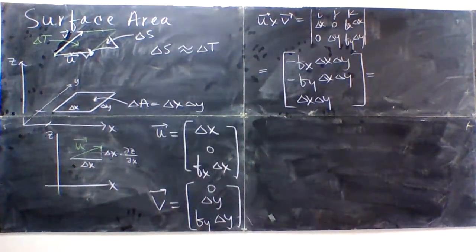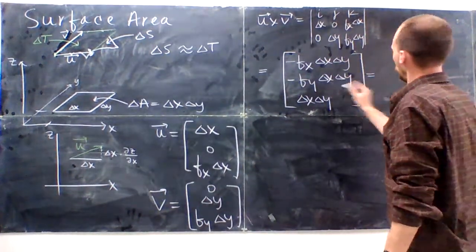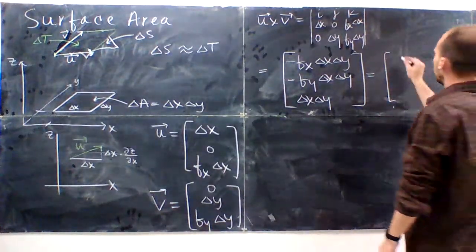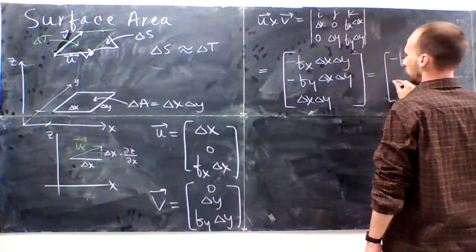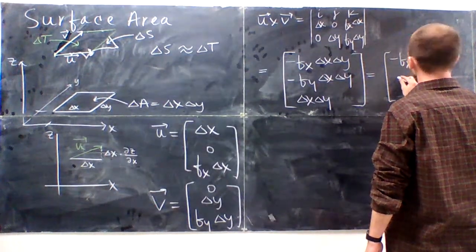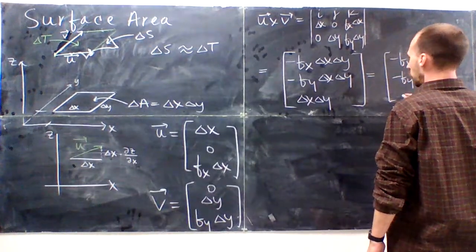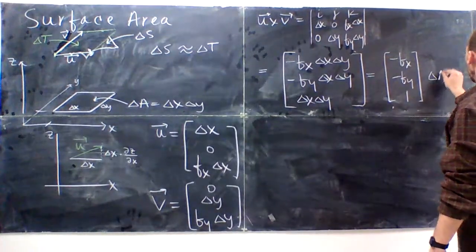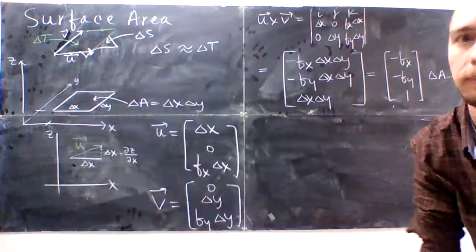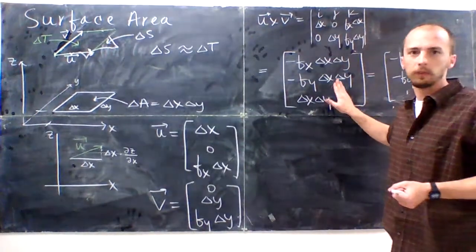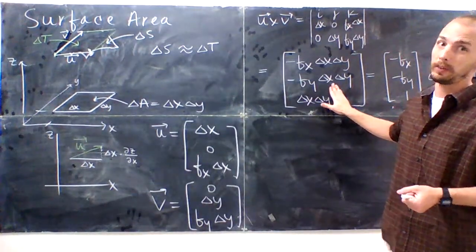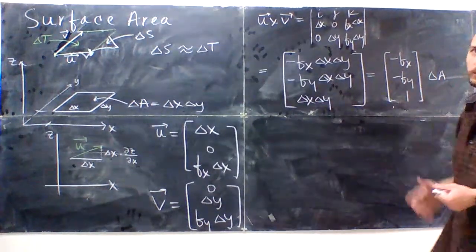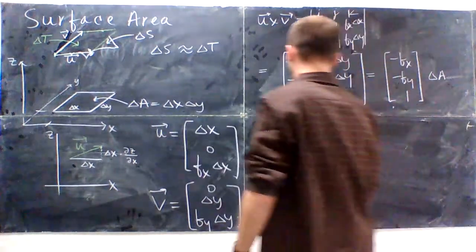All right, so I'm going to factor out the delta x and the delta y and start calling it delta a. Okay, so it's going to be negative fx, negative fy, and 1 times delta a. And if I'm trying to find the length of this vector, and it's really some other vector multiplied up by a constant, I can find the length of this and then scale it up by delta area. Okay? So the length of u crossed with v